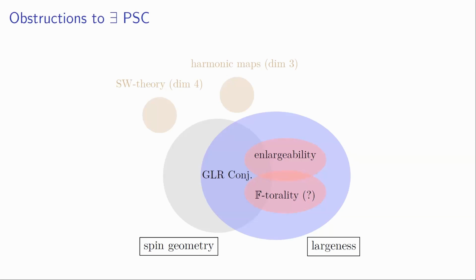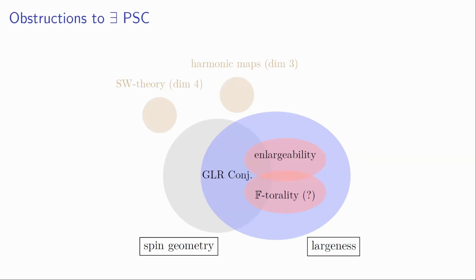This is a result of Gromov and Lawson. And so largeness is even so for smaller dimensions, up to 7 or maybe a little higher. The largeness is also an obstruction without assuming the spin property. Okay, so here in the middle we have the so-called Gromov-Lawson-Rosenberg conjecture, which has a lot to do with